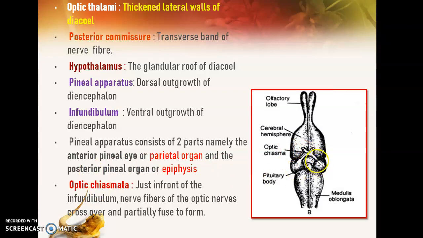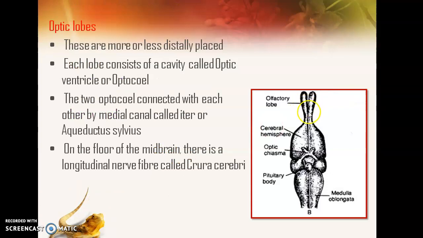So that means this is coming from the right side, this is coming from the left side. These two optic nerves will cross with each other and form a structure called the optic chiasma. Then the optic lobes. We already said that these are more or less distally placed. Optic means something related to the eye. Generally there are two optic lobes as it possesses two eyes. So each optic lobe consists of a cavity called the optic ventricle or